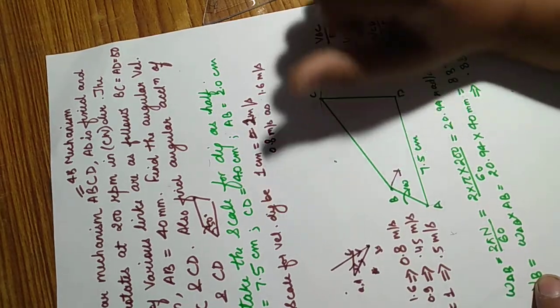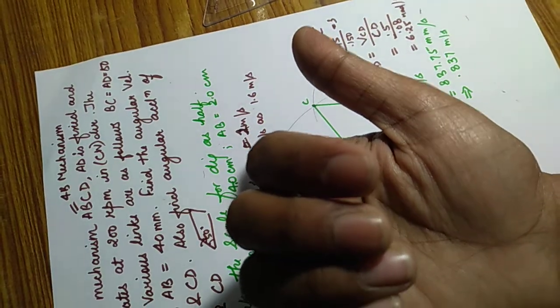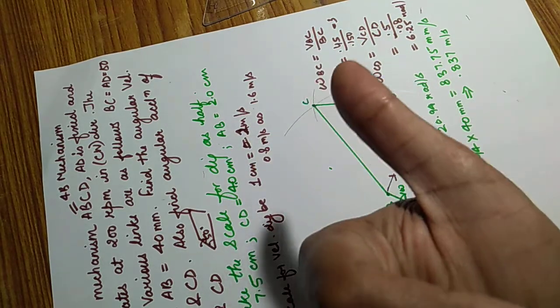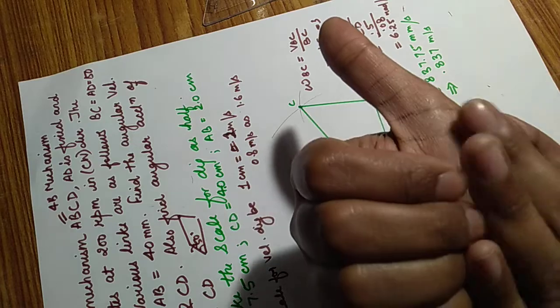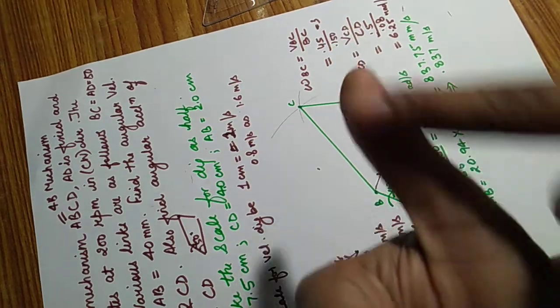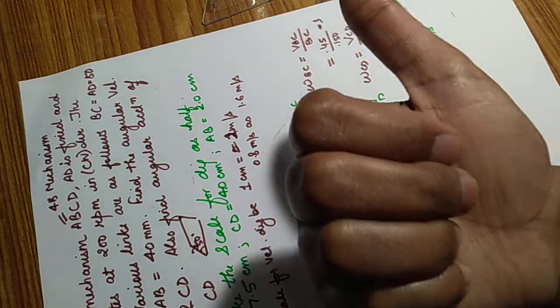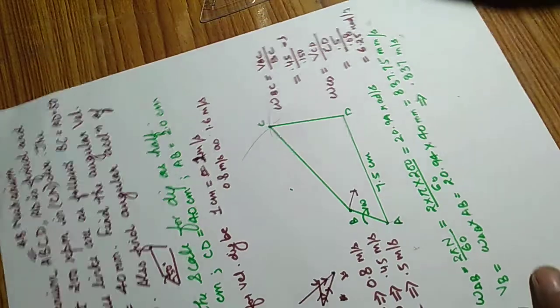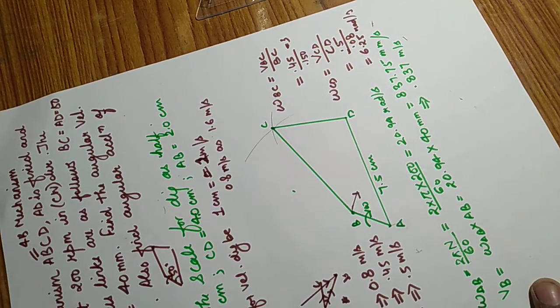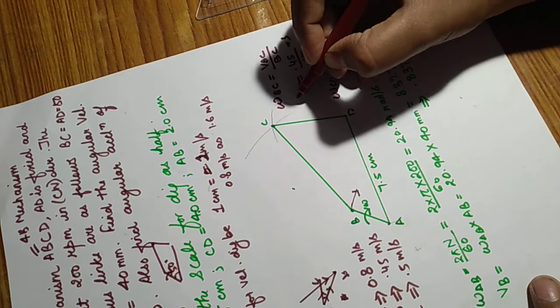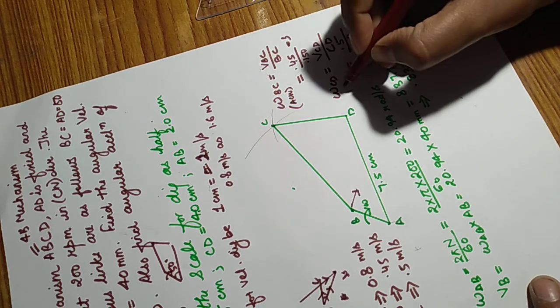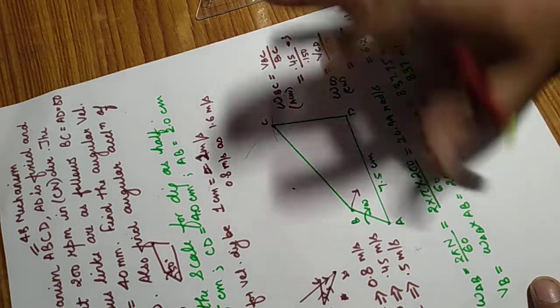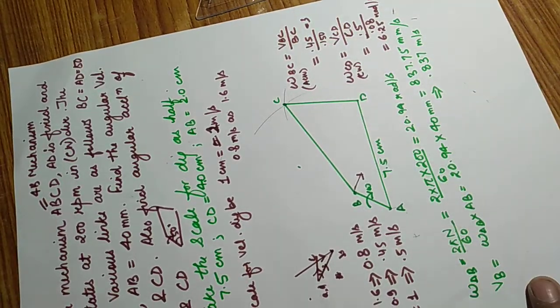So from the right hand thumb rule, if we take BC, we are talking about CD. If we take CD and put it like this, it gives you a clockwise orientation. This is clockwise, the direction is this. So CD is clockwise, and if we put it like this, then we have anti-clockwise direction. So BC is going to have anti-clockwise direction from the thumb rule, and CD is clockwise direction from the thumb rule. So this is the calculation for the velocity diagram.